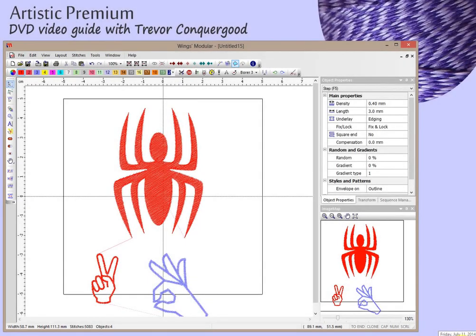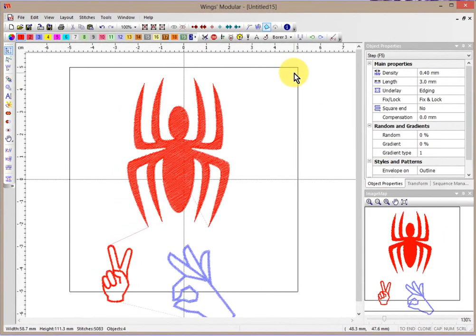Another feature that's very important with Artistic Premium software is the ability to set the starting and ending point of your design, and they don't always have to be the design center. Now we can see with this design here,